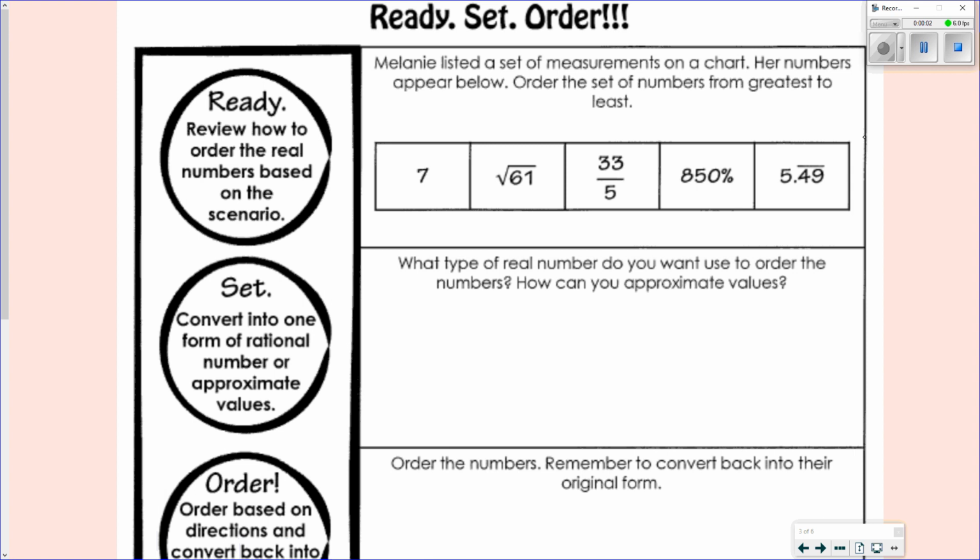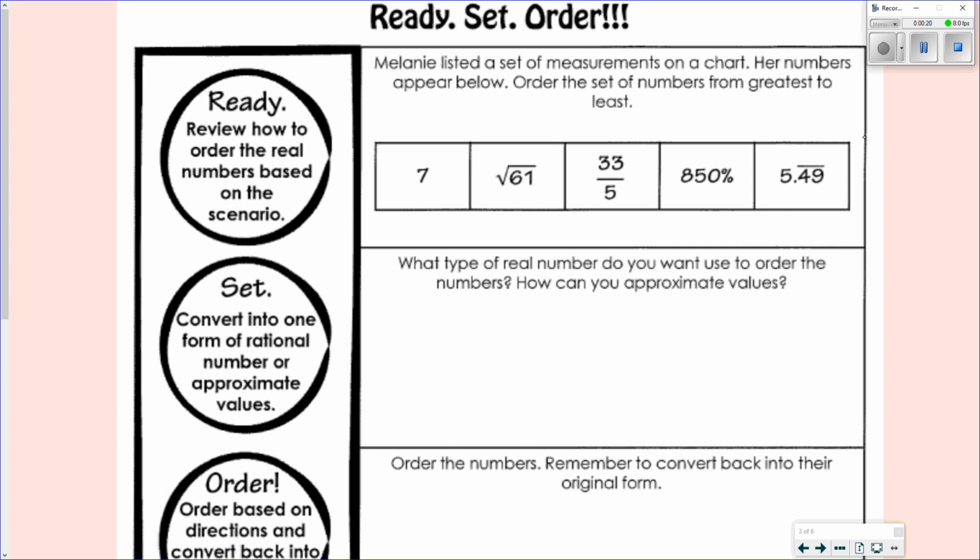For today's lesson, we are going to compare and order real numbers. If you want, you can go into today's date in Canvas modules and you can print the notes, or you can just follow along with me. All right, so